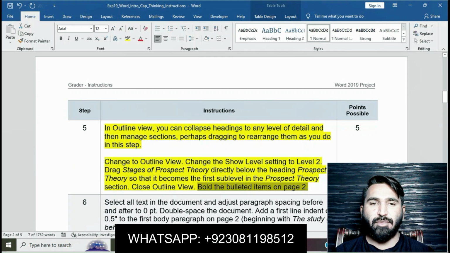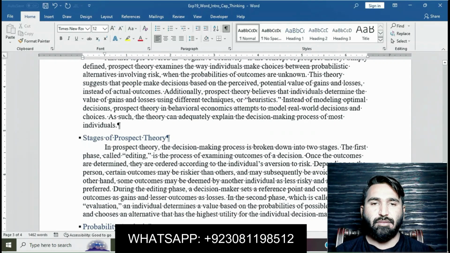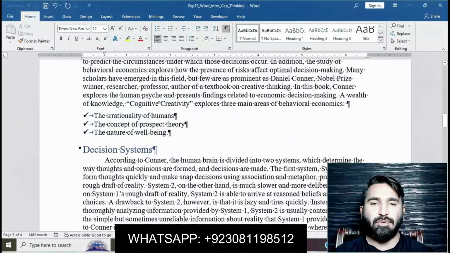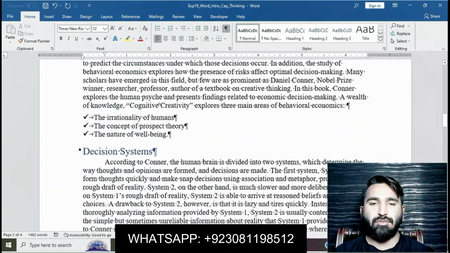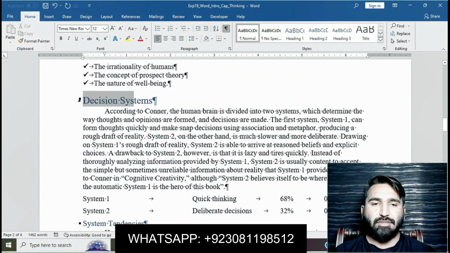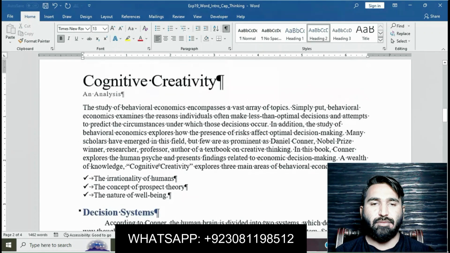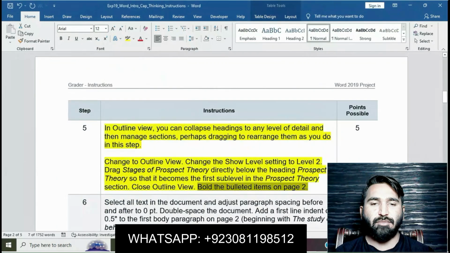Select the bulleted items, and then bold them.